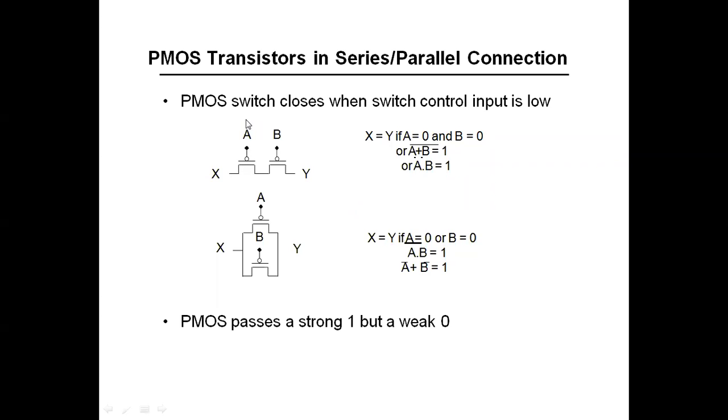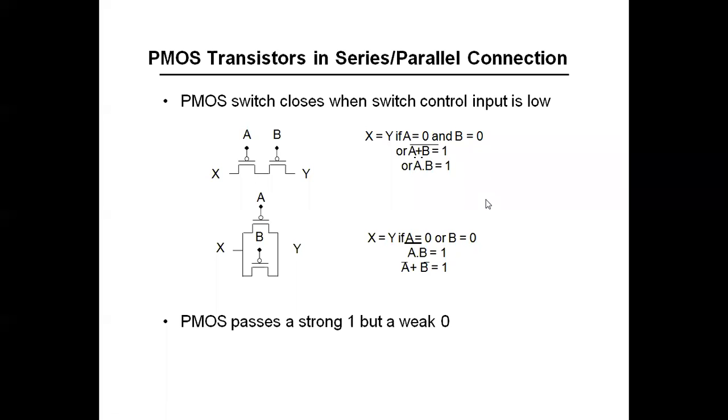That means when there is a 0 at the gate, it will get converted to 1, and then only the PMOS will be in the conduction mode, or it will be a closed switch. Now when X is equal to Y, if A and B are equal to 0,